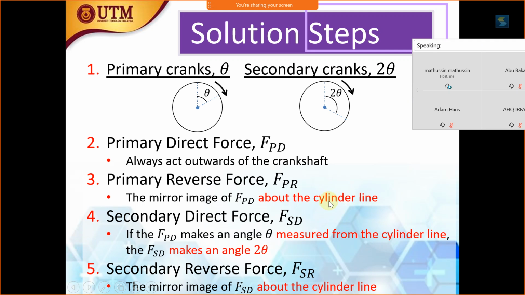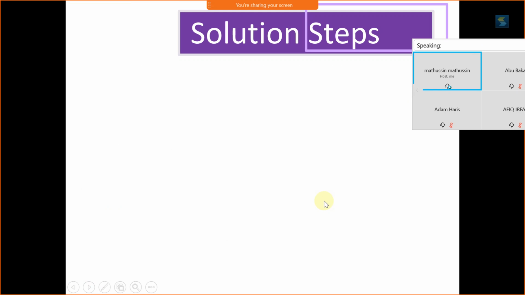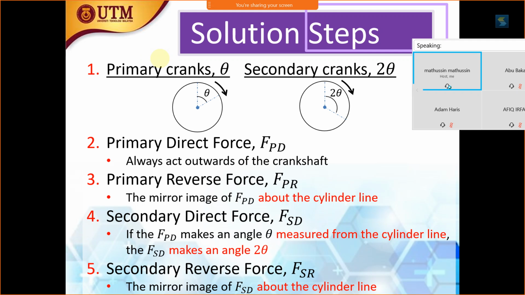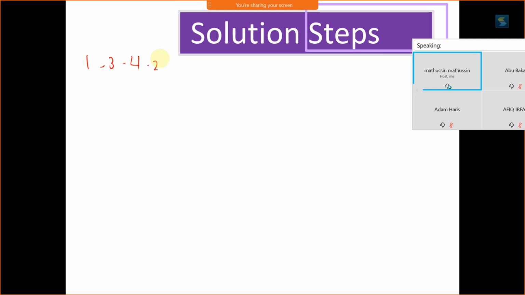Okay, for example, if we have firing order 1 3 4 2, from here we need to find the primary direct force, based on the number of strokes and also how many cylinders we have, isn't it? If we have firing order 1 3 4 2, meaning to say that we have 4 cylinders. Alright, so how to find, for example, if we have a 4-stroke engine, so meaning to say that